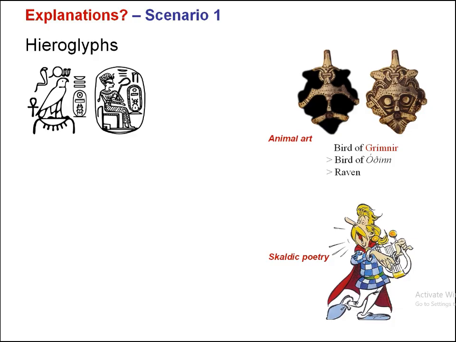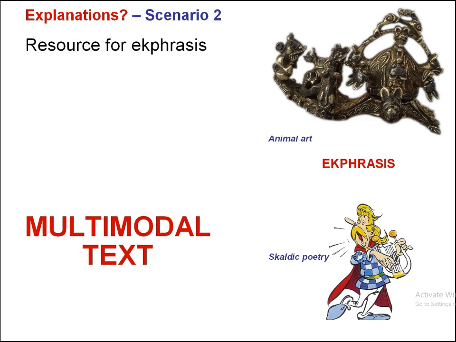An alternative interpretation that seems much more likely is that skaldic poetry and the animal art of these brooches were working in the same context, let's say when being used at a festive occasion, in order to create multimodal texts. And this whole hypothesis builds on the observation that many skaldic poems had been associated with a genre of poetry